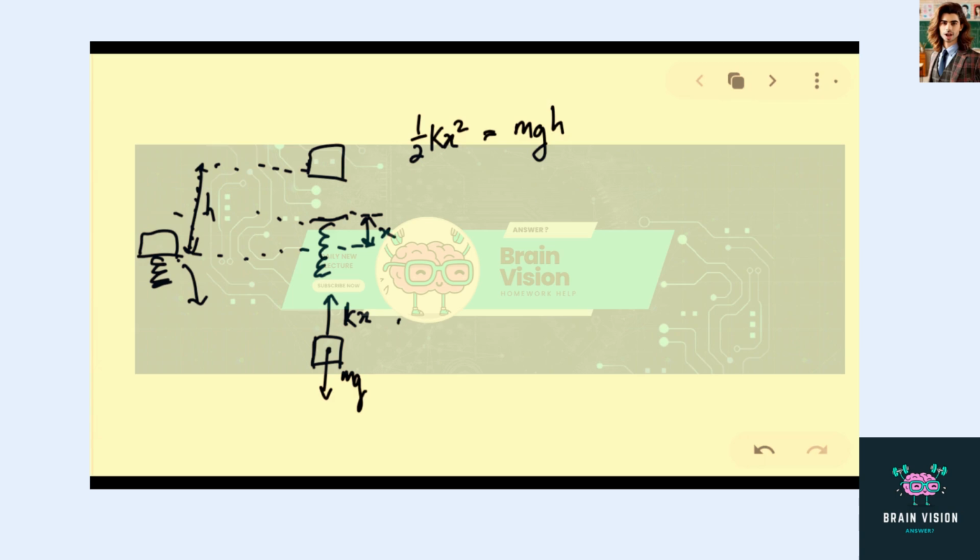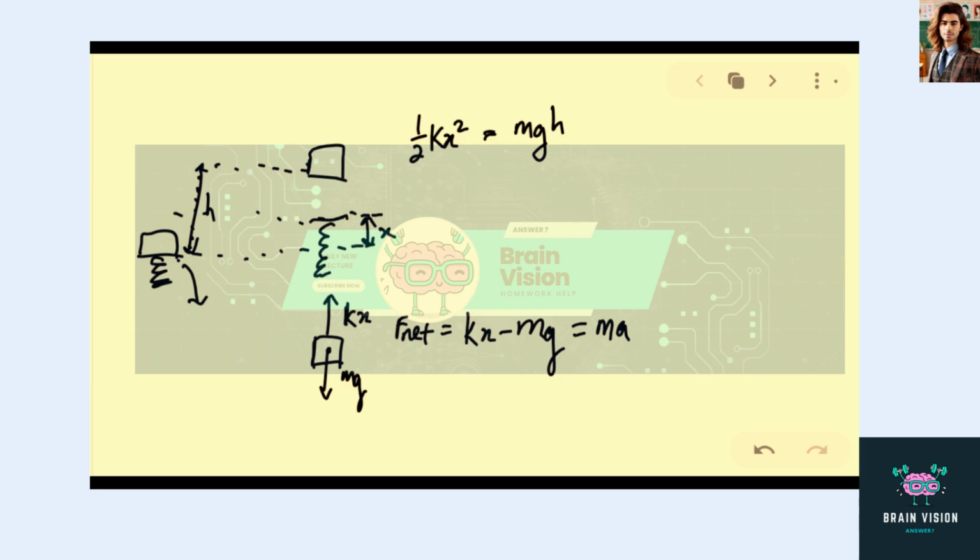So net force is equal to kx minus mg, which is also equal to ma, where a is the maximum acceleration without damaging our component or our spring. So this is our second equation,